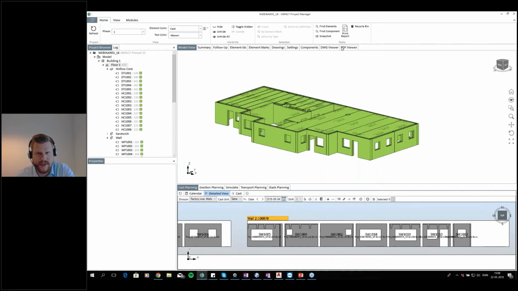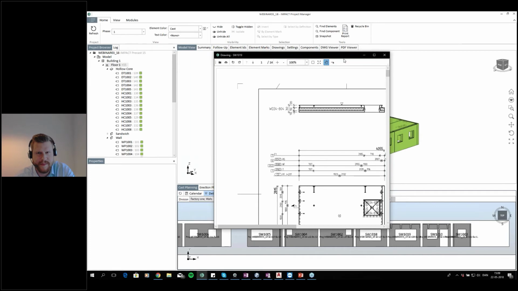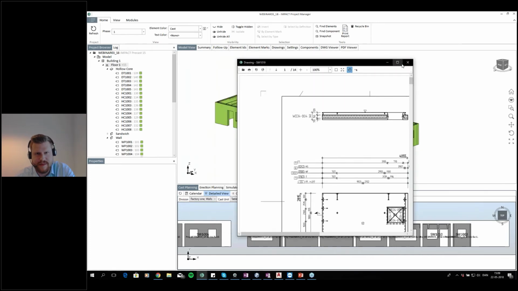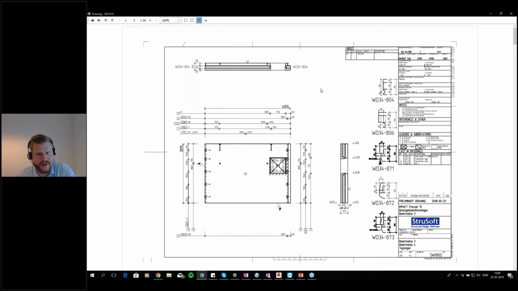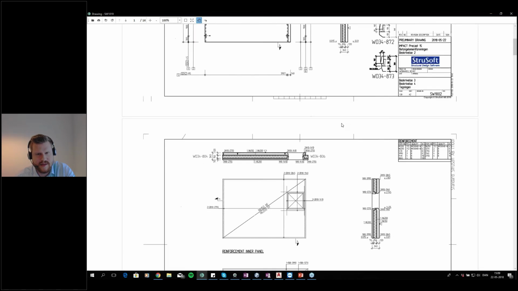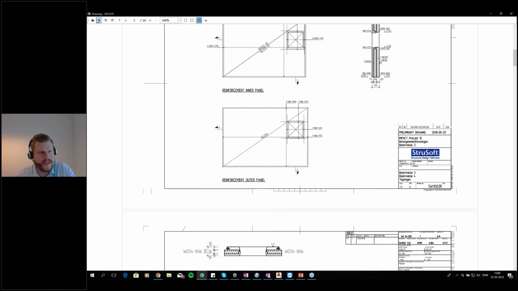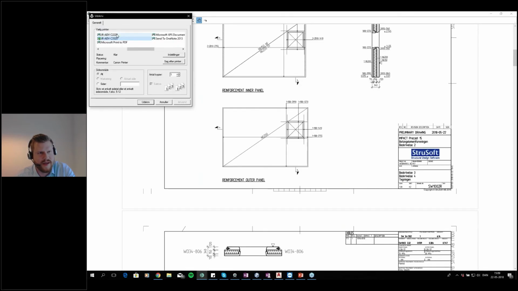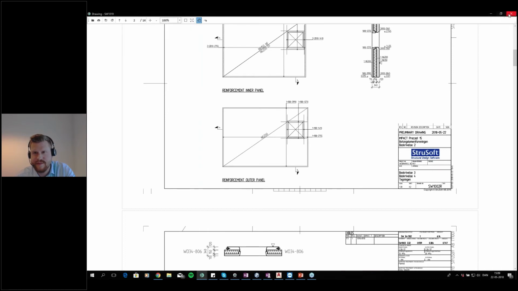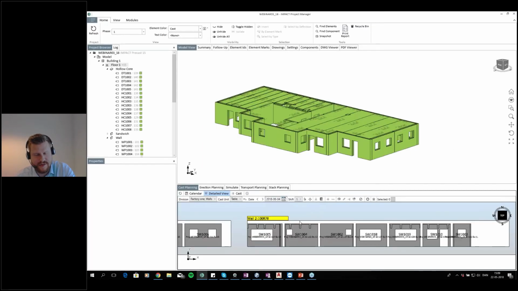So say we'll open these in the PDF viewer. It'll open straight up in a viewer which is built into the project manager as well. 14 elements and all the drawings we need. So these can just be plotted directly on a printer, or again, eliminating the need for physical drawings, just